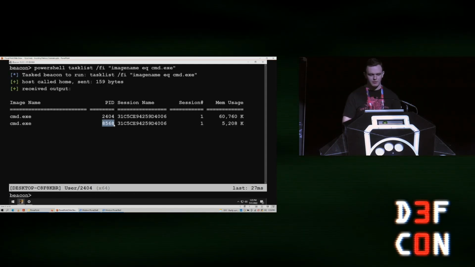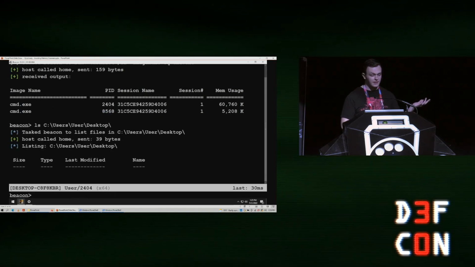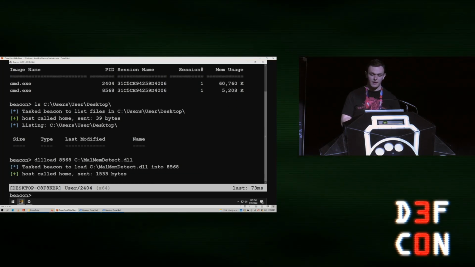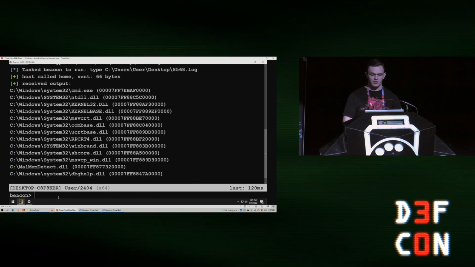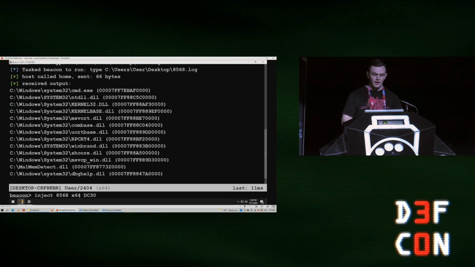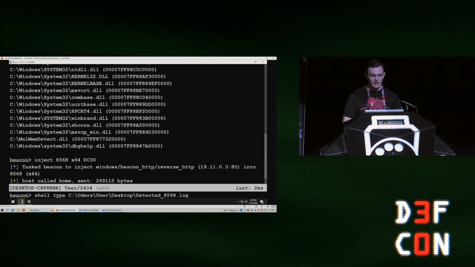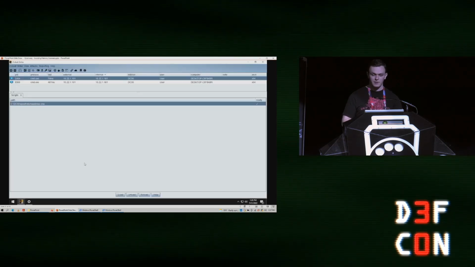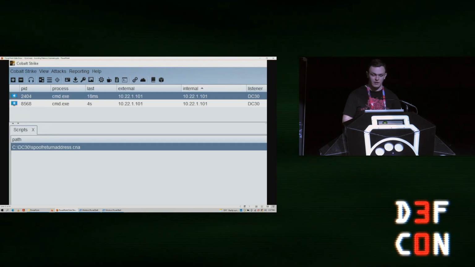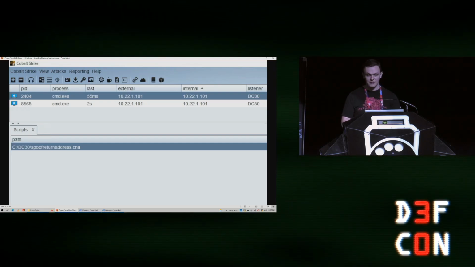So we list our 2 command prompts again. We're going to inject into 8568. We see there's nothing on the desktop right now. When we load malmemdetect into 8568, we'll see our log gets created on the desktop, which just tells us that malmemdetect loaded successfully. And then we'll inject our beacon into it. Once that's done, we'll try and look at the log for the detection. But when we run this, we get that the file cannot be found because there's no detection log for this. But we look, 8568 is definitely beaconing back, and we just haven't generated anything there.